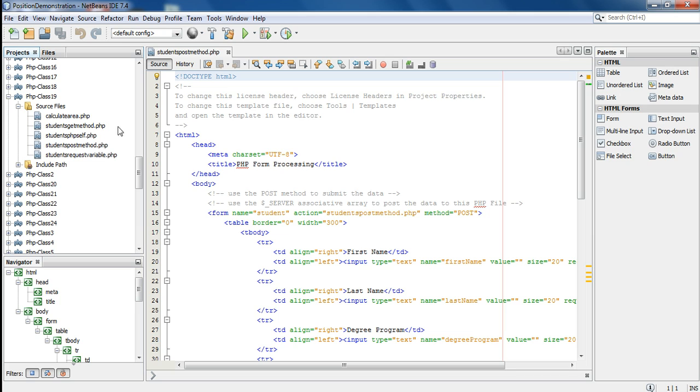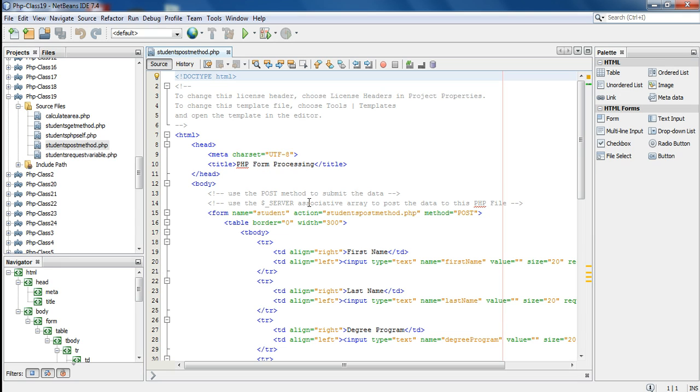If you double click on one of these files, it opens them up in this code editor. Now you probably don't see the code editor now. In your IDE, probably what you see is a big large gray screen, or you might see a startup screen that has some information in it about NetBeans, and that's fine. In just a little bit, that's going to change. You will see the code editor,